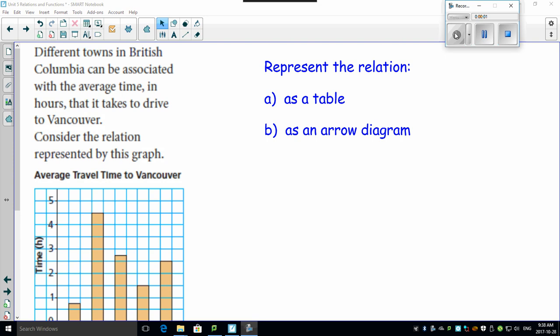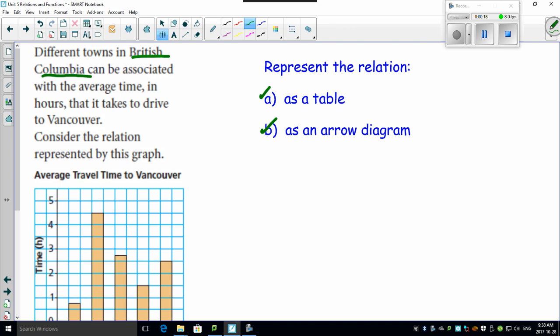So let's look at a different example. Something that comes out kind of looking like a graph, and then we have to turn around and make a table out of it, and then an arrow diagram. Here's a great question. It says, different towns in British Columbia can be associated with the average time in hours